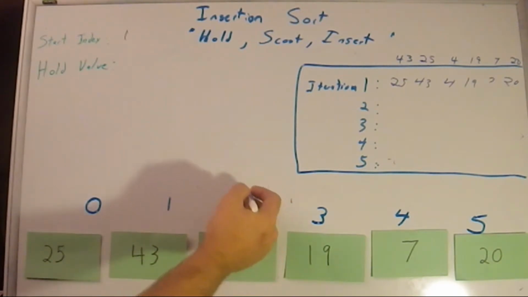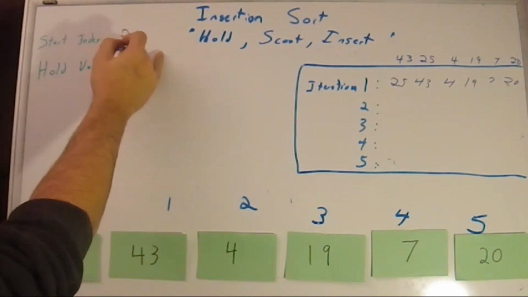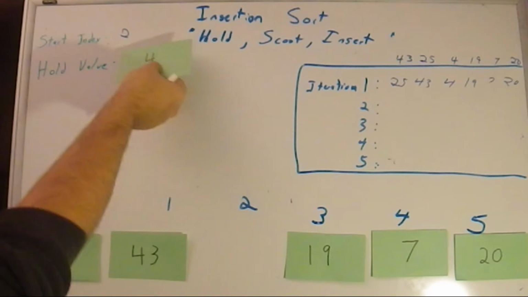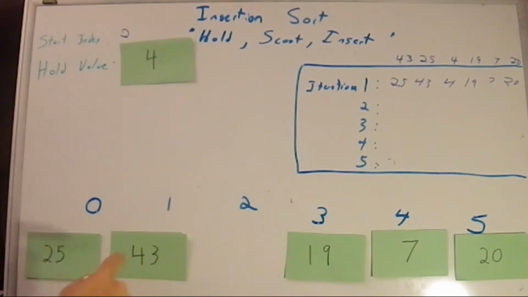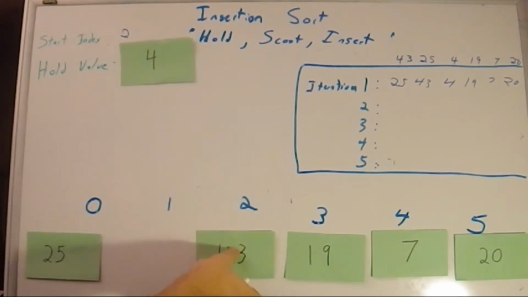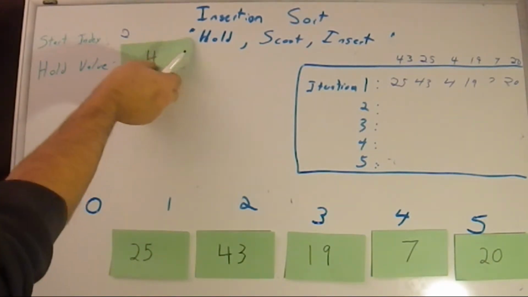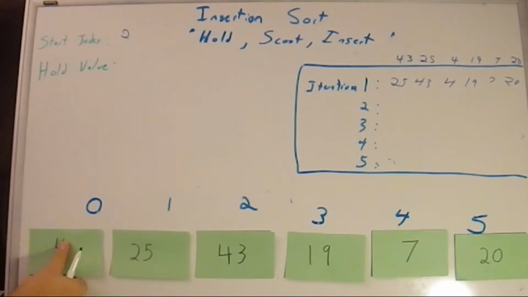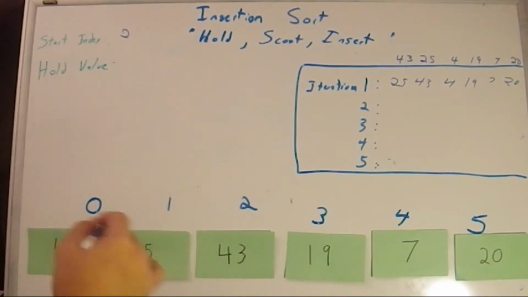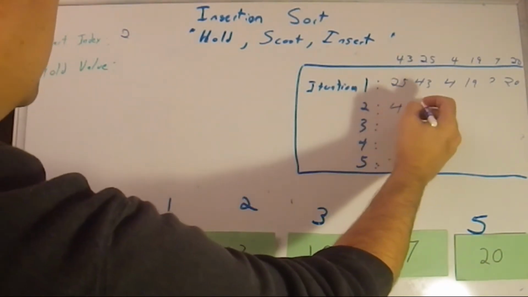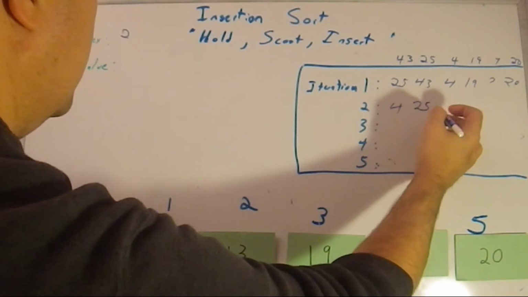Now we're going to start with index 2. We hold off that value and we compare to the left of it. Is 43 greater than 4? It is, so we scoot it down 1. Is 25 greater than 4? It is, so we scoot it down 1. Since there's nothing to the left of that, we then insert 4 back to the beginning. You can start to see a pattern here. So our next iteration is 4, 25, 43,